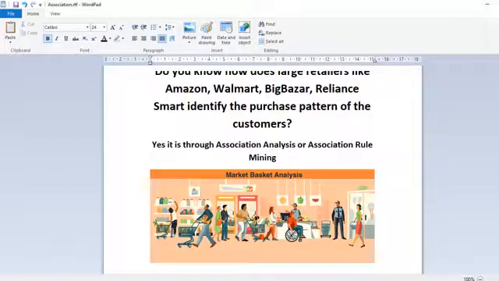Since it is closely associated with the retailers, it can be used in other domains also, which we will see later. The market basket analysis name comes from the retailers using this data for analyzing which item is frequently bought with which other item, or how the customers are oriented towards buying a particular item with another item. So let us see this with an example.